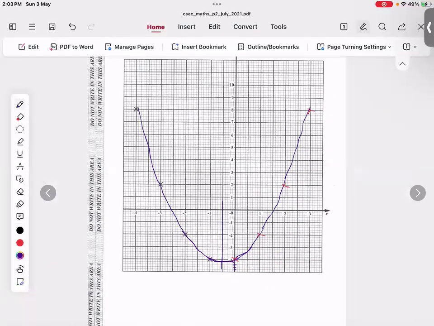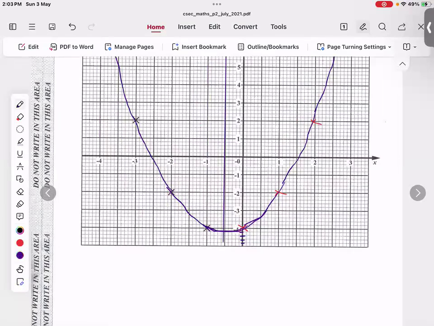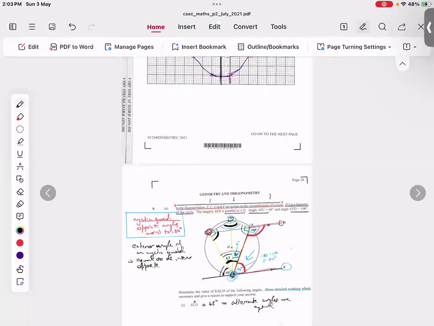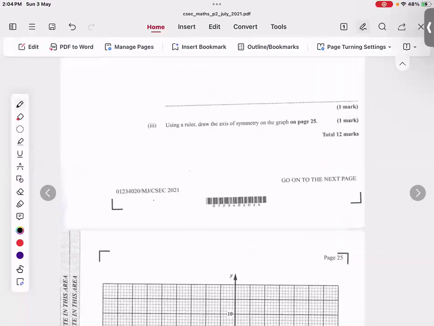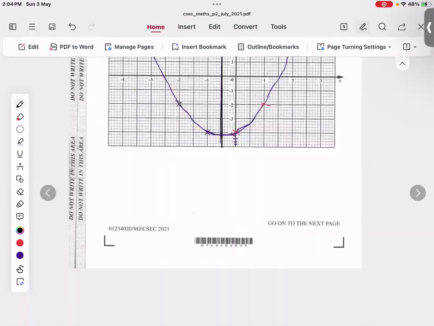So that's it. That's the curve right here. So the axis of symmetry, just find the middle of the curve, and draw the line right through the middle of the curve like that. Now, if you want to be certain, let us just say you're on the exam and you're completely uncertain about which number is the middle,